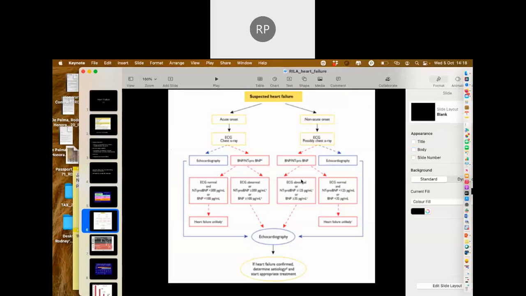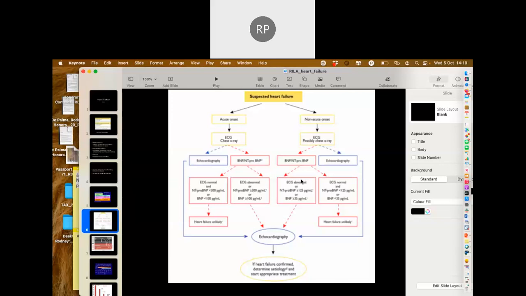Now, obviously, there are lots of borderline ECGs where there's some minor or non-specific abnormalities. So this is referring to a completely normal ECG and a completely normal chest X-ray. And you can often tease out quite a lot of patients who just have a symptom of breathlessness or dyspnea. If you have any abnormalities or you're not sure,